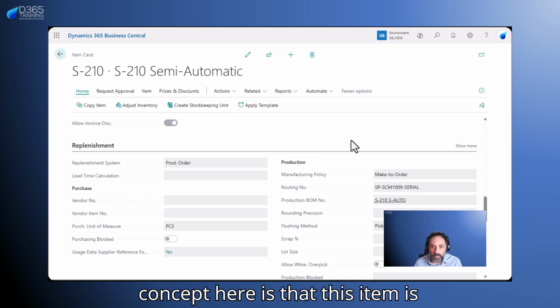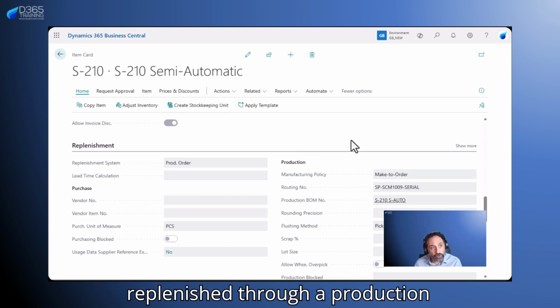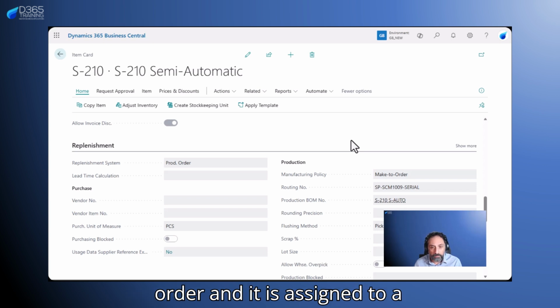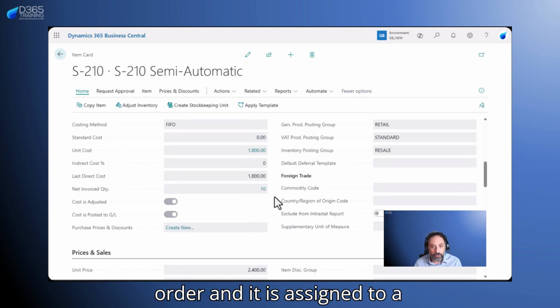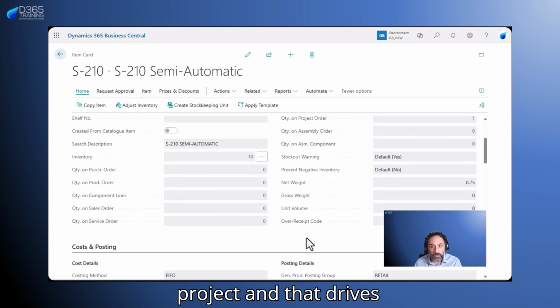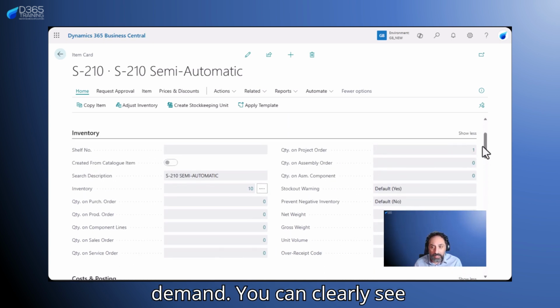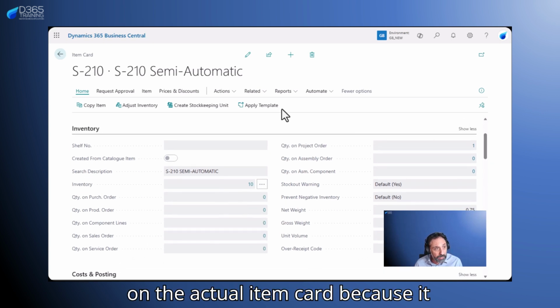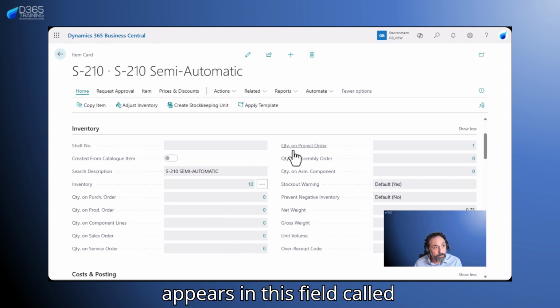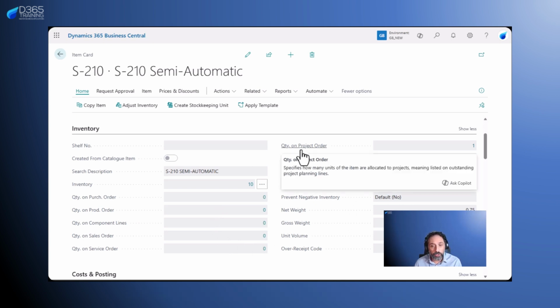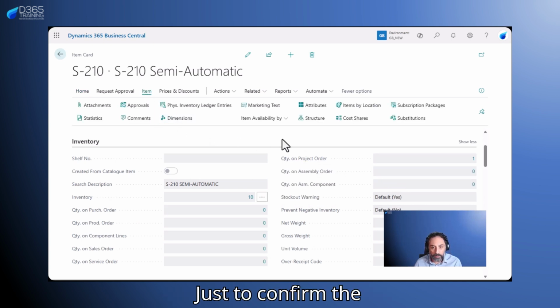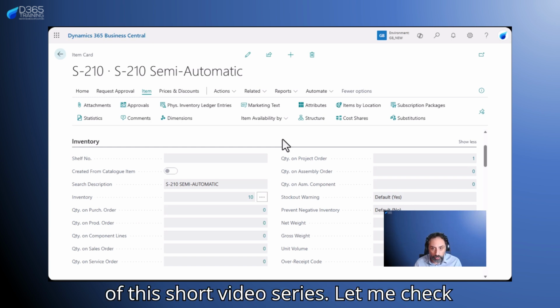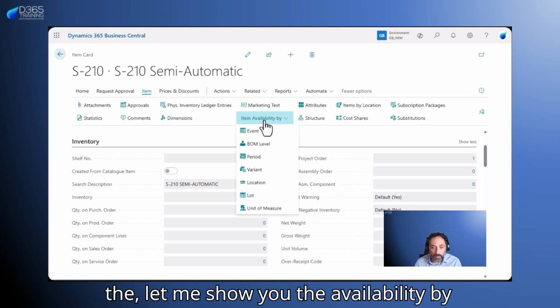The main concept here is that this item is replenished through a production order, and it is assigned to a project, and that drives demand. You can clearly see that demand working on the actual item card because it appears in this field called quantity on project order. Just to confirm the demand supply element of this short video series, let me show you the